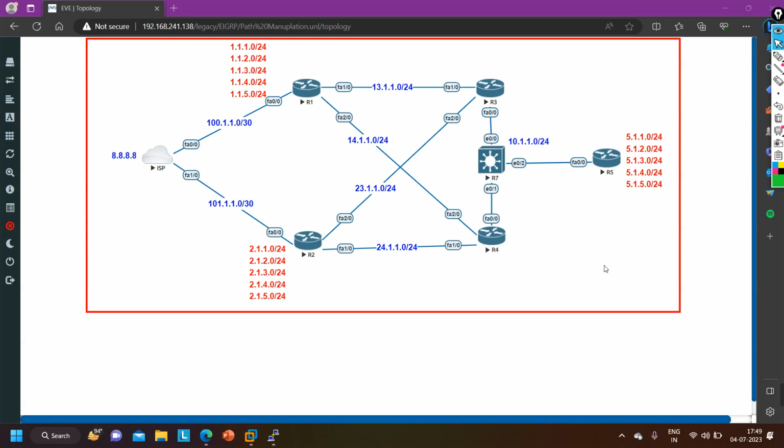Guys, today in this video, we are going to understand path manipulation in EIGRP. But before that, you will understand the basic configuration of EIGRP. If anyone doesn't know how to configure EIGRP, I will show you some troubleshooting commands while configuring EIGRP and some advanced commands as well. Then as you can see in this topology, I have one ISP as well, an internet service